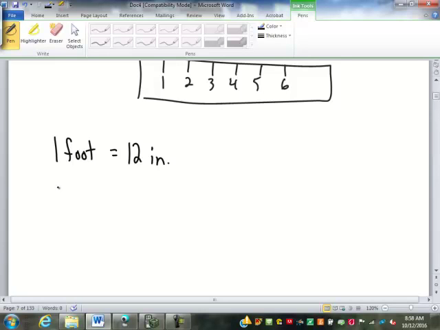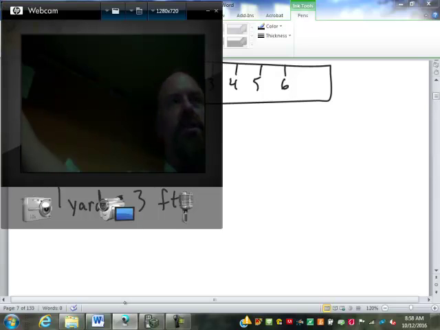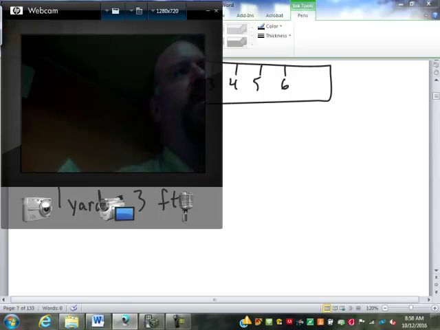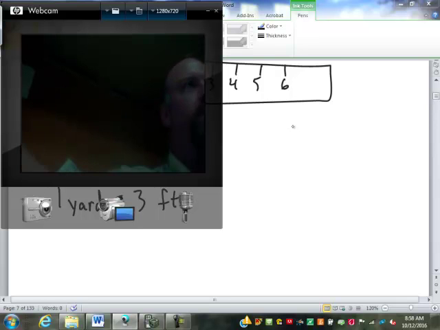Larger than a foot, there's a yard. How many feet were in a yard? 3. A lot of people think of the yard as being the length of your stride. And it is approximately a yard, but that's not where it came from. The yard actually comes from the distance from your outstretched arm, outstretched hand, to either the point of your nose or the center of your chest. That is a yard. It was a tailor's unit for measuring fabric. You see them, they'll take the fabric and they'll stretch it out, 1, 2 yards,